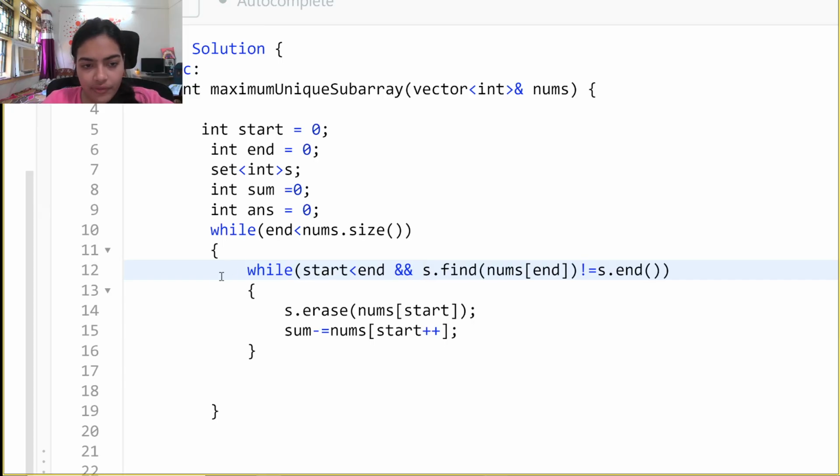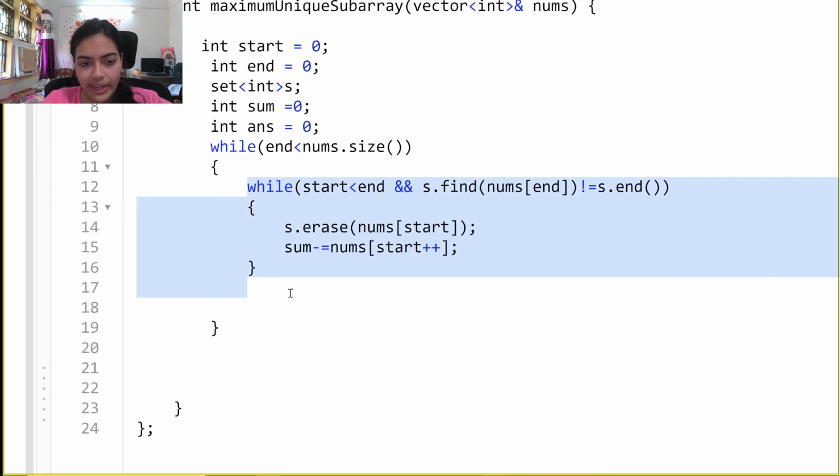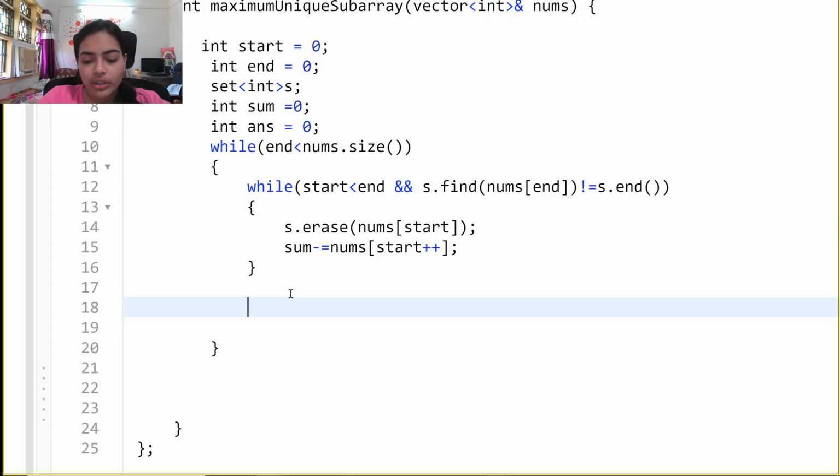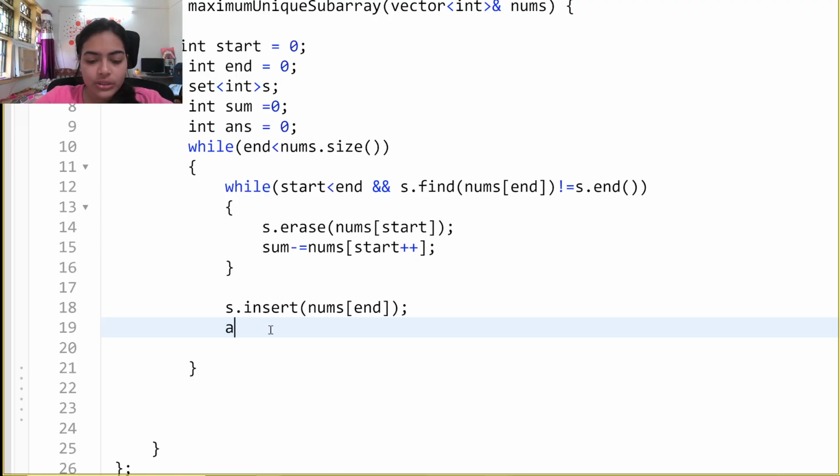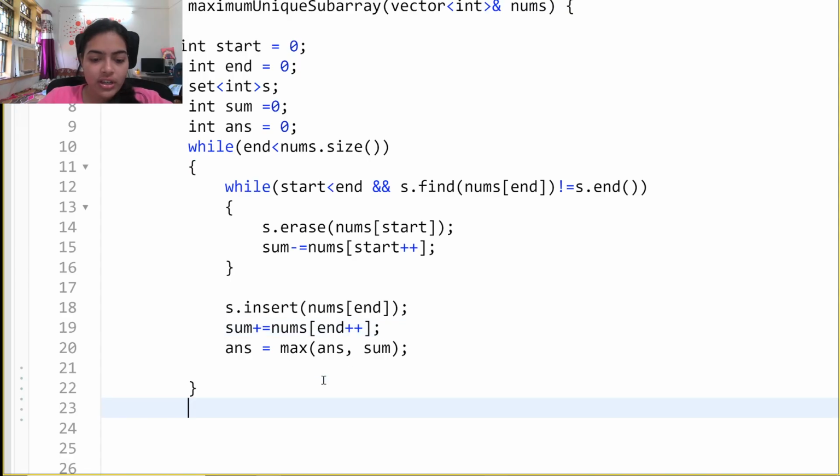After this is done, we have no repeating elements, we have only unique elements. So then in the set we can easily add nums[n], our current element, and after we do this we can change the answer. So answer will be equal to max of answer comma sum, and by the way here also I should add to the sum. So sum plus-equals nums[n], and then we can move forward to the next iteration. This is a simple code and you can return answer.